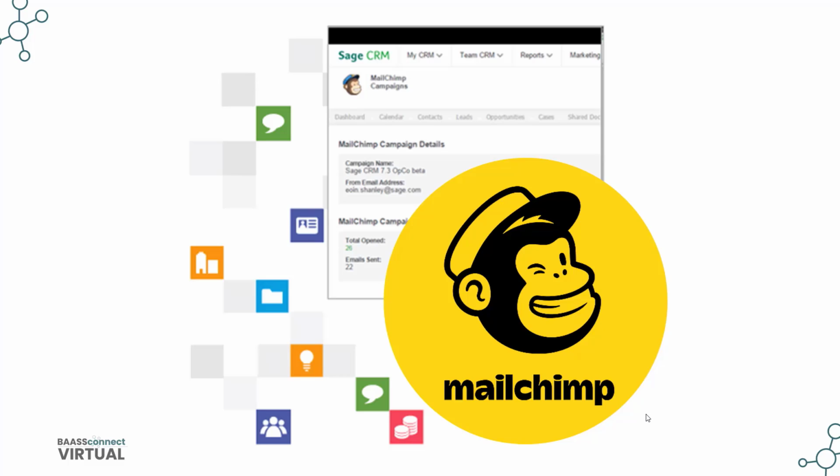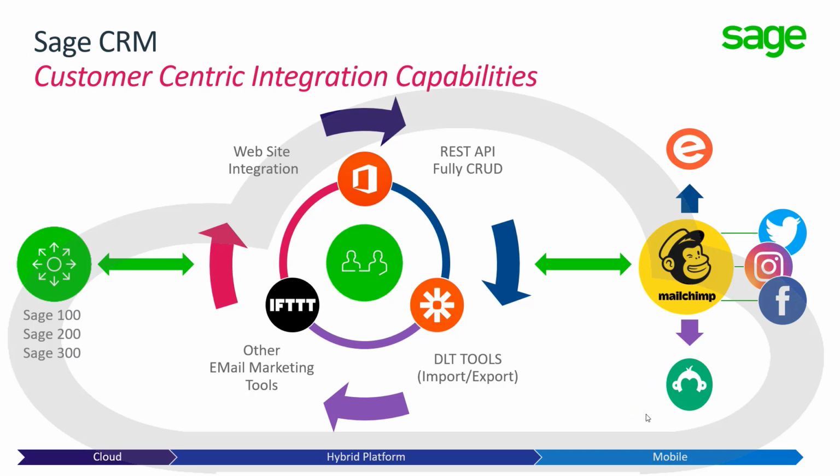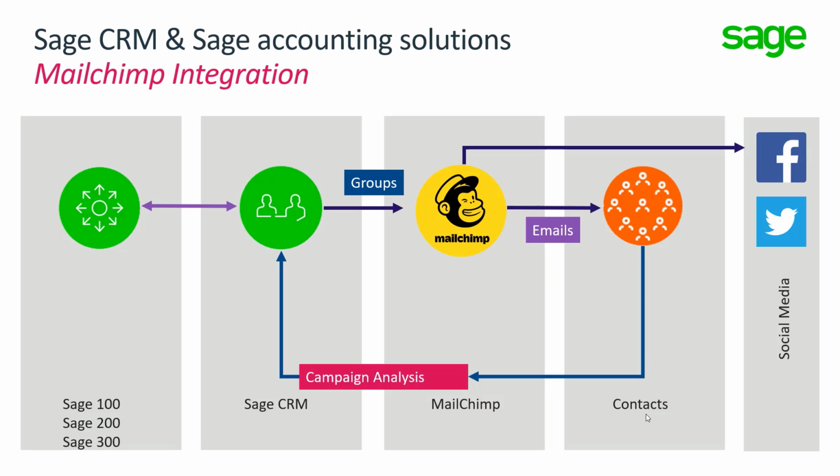Now, I created this presentation with the title Unleash the Power of Emarketing. Well, but this is one integration within a cloud of other possibilities. Sage CRM really allows us to unleash the power of the back office data, that is, through its APIs. And specifically, just thinking about this particular integration, the integration between Sage CRM and Mailchimp, you can follow data all